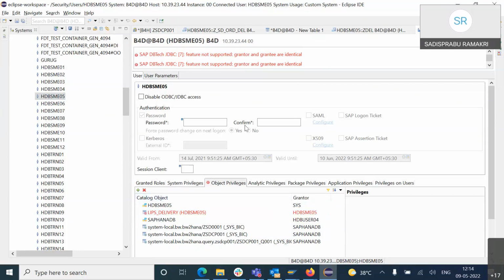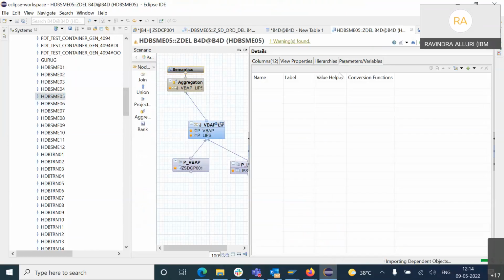Okay, so then I'll just explain theoretically. This is how it has to be done. Once we assign this, the security will do this. Once this object is assigned to this user, then it will allow us to consume, because this table has to be consumed here, right? So this one is already there. If you see here,